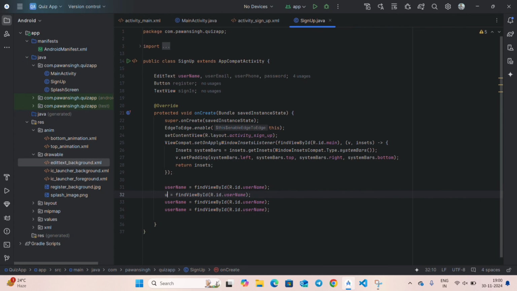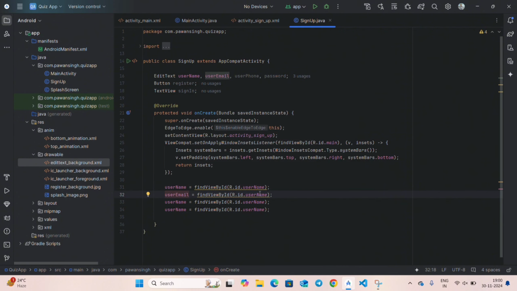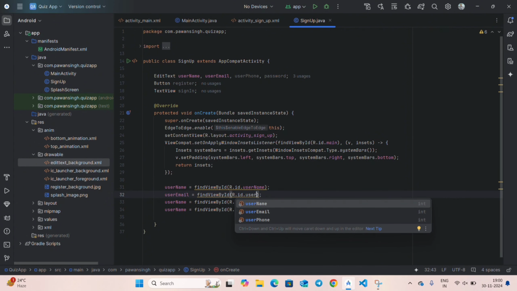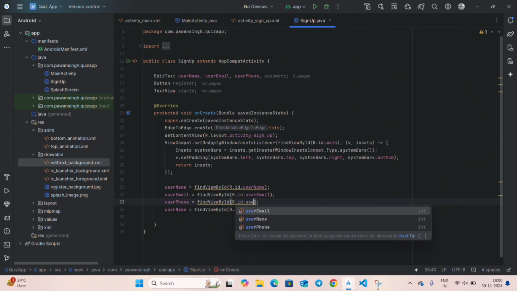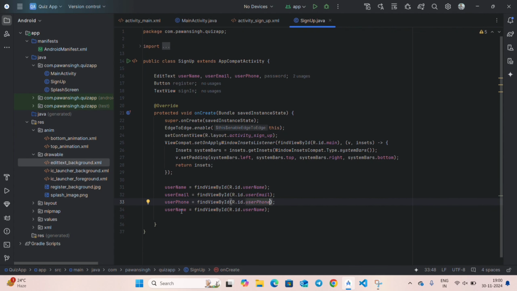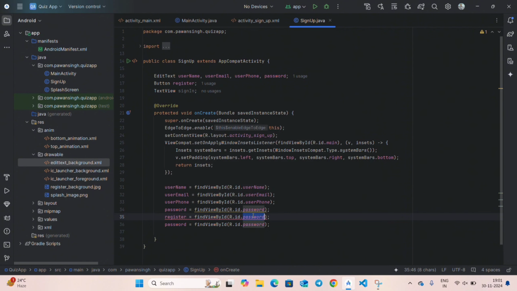Right here user email, and right here user email, and in next line right here user phone, and right here user phone, and after this right here password, right here password, and after this we need to define button also. Right here register, and here also write register,